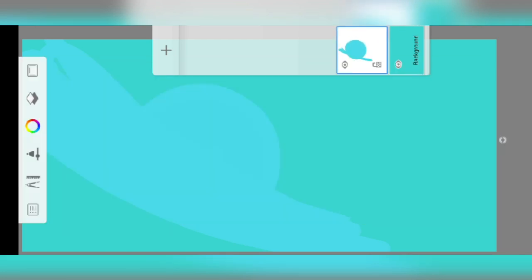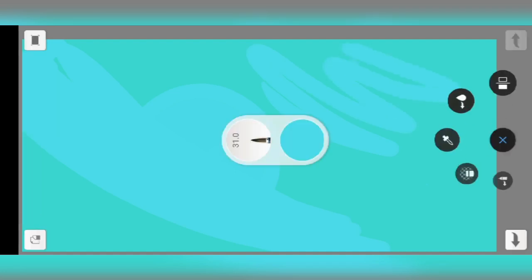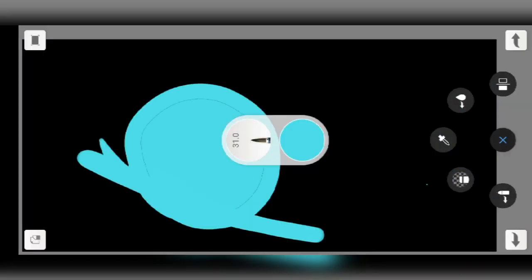But the other features are not questionable at all. They work very well, and even the symmetry feature has been a nice